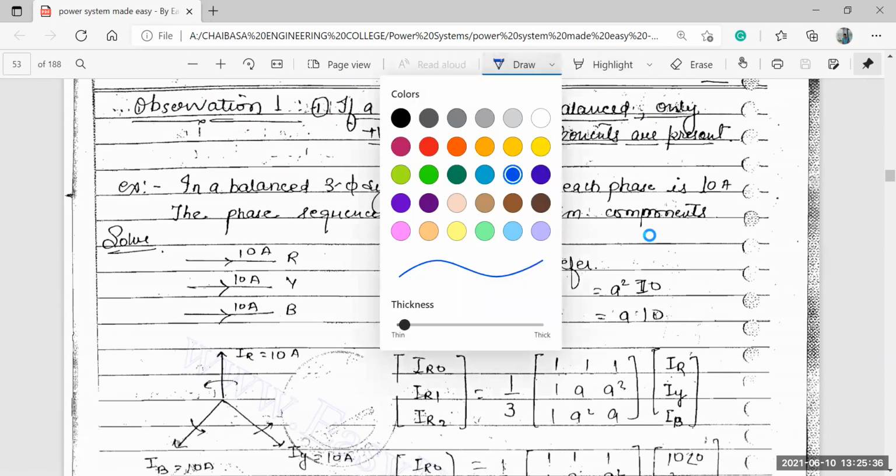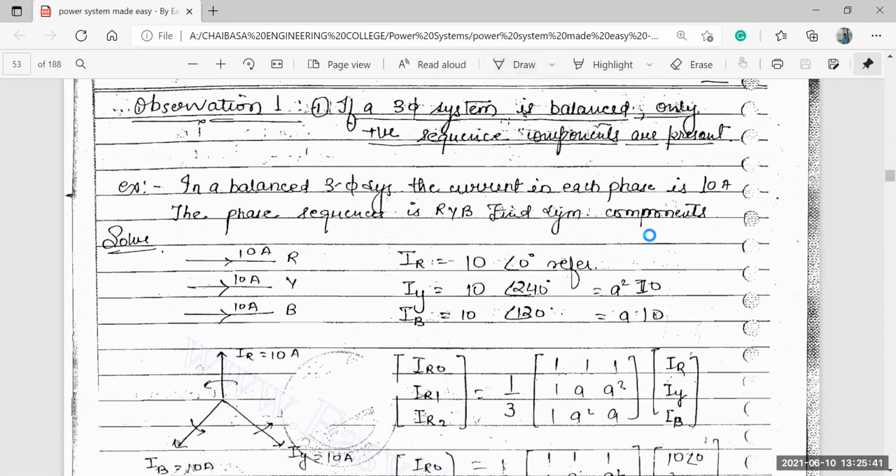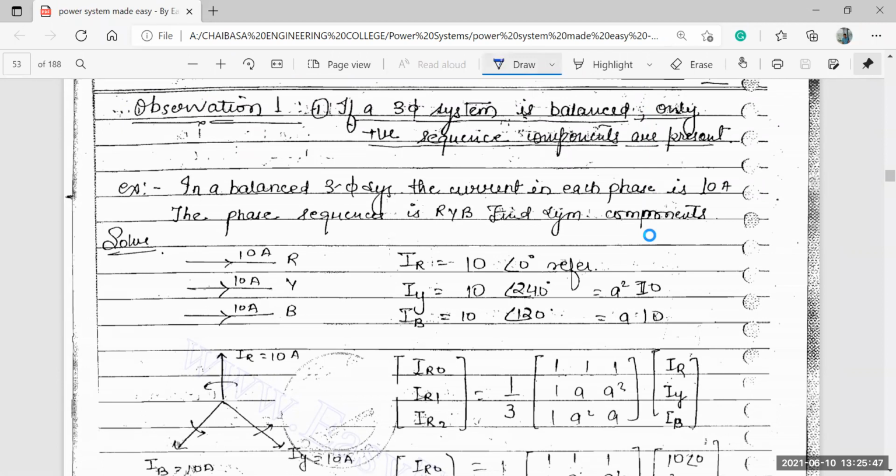We'll look into that particular segment. Okay. Now, observation one. This is observation one. It says if a three-phase system is balanced, only positive sequence components are present. Or say that if a three-phase system is balanced, only the positive sequence components are present. These observations will help you in solving a lot of problems. Okay,